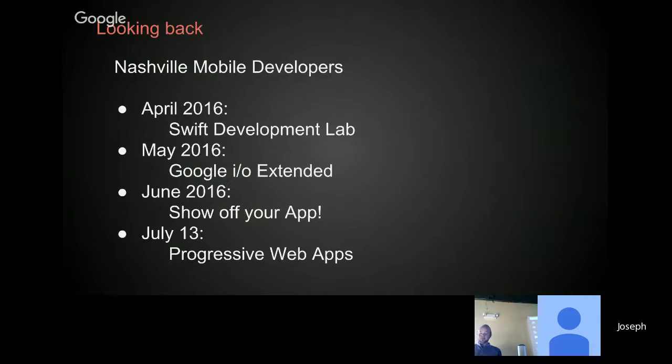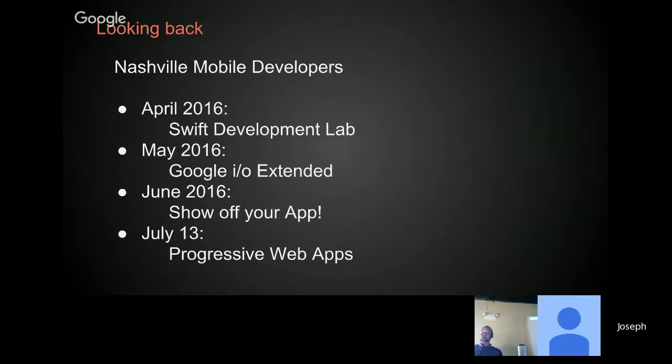Looking back, the last couple of months, we've had a couple of bigger events. In April, we did a Swift Development Code Lab. That was pretty fun. We covered basically getting an app running from the ground up on iOS using Swift. In May, we did Google I/O Extended, which was probably 100-ish people down at Emma in downtown Nashville. In June, we had basically a science project-y kind of night and show off your app. And July, just a couple of weeks ago down at Emma, we teamed up with Nash.js and had progressive web